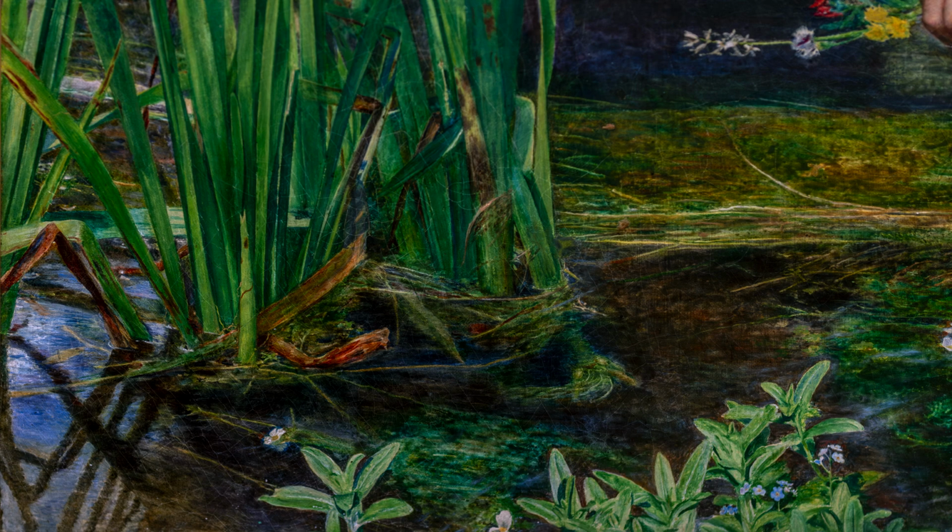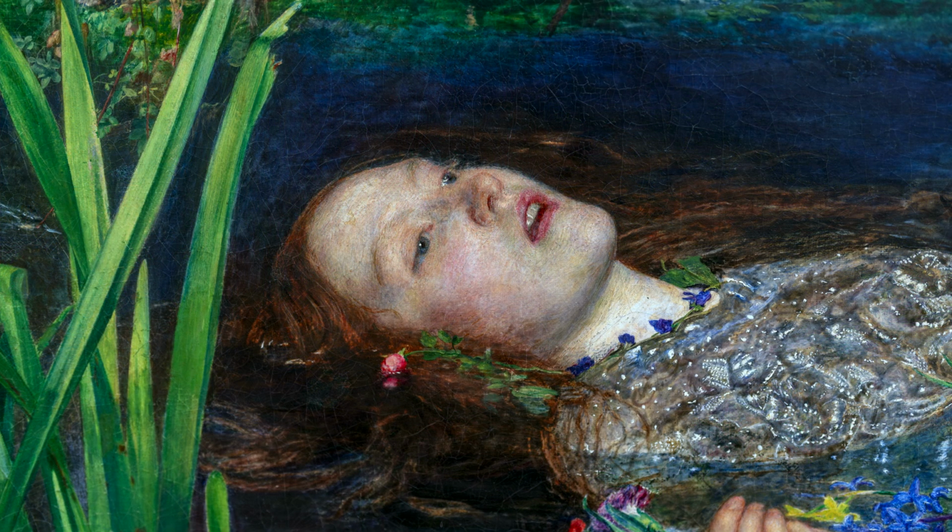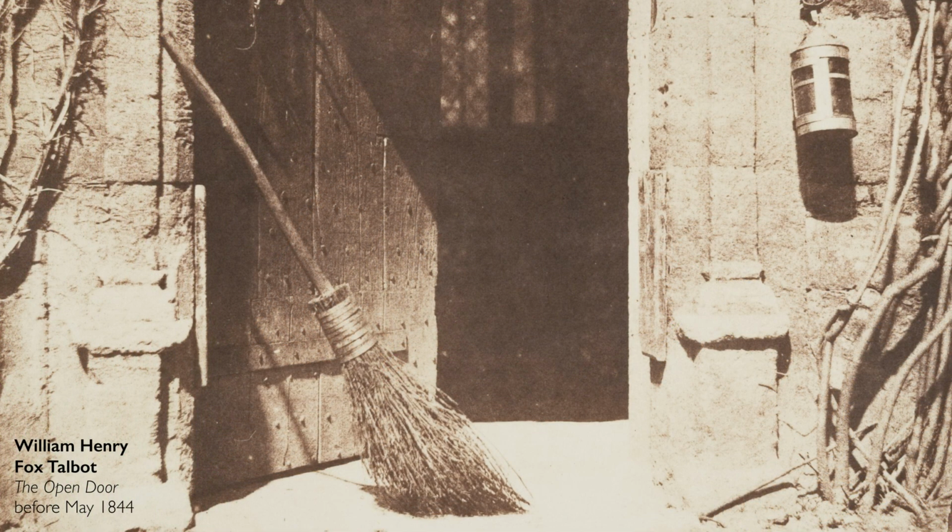It's interesting to note that at the very moment that the Pre-Raphaelites are emphasizing a kind of almost microscopic detail, there is simultaneously a revolution taking place in the way images are produced. The mid-19th century saw the explosion of the new technology of photography, and one of the pioneers of English photography was William Henry Fox Talbot, who, just a few years before this painting was made, in an address to the